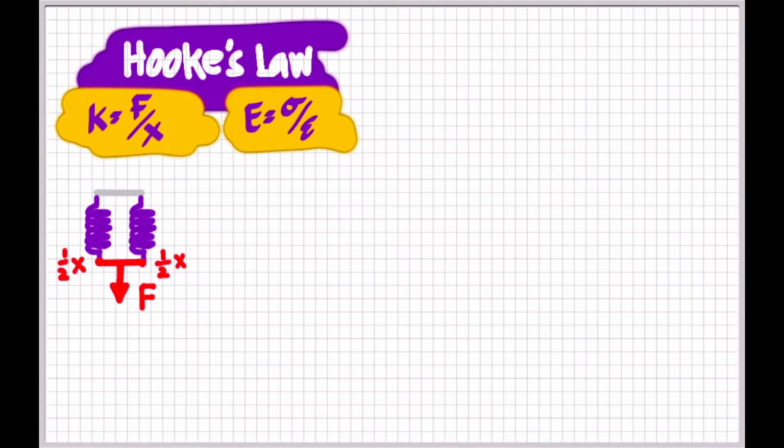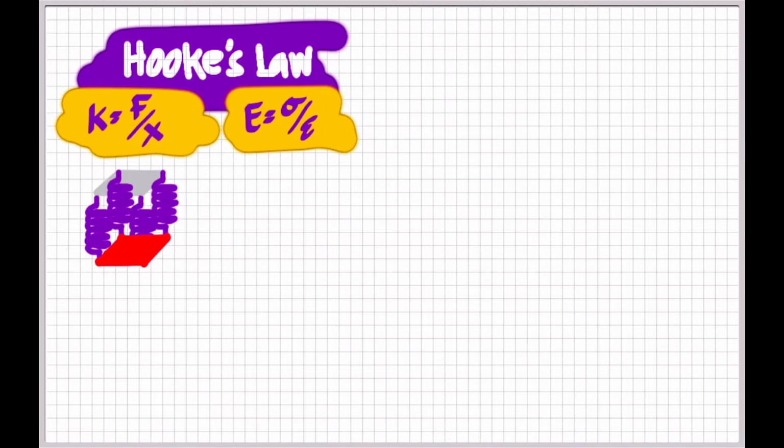Alright? Now, how about we increase the number of identical springs? Let's put an area here. This part, we have another spring, and here also. And again, these ends of the springs are connected to a material with negligible mass or weight. If we exert a force perpendicular to this area, we can see that each of these four springs now should be experiencing a quarter of that original force. A quarter of the force leads to a quarter of the original extension, because the K still holds for each